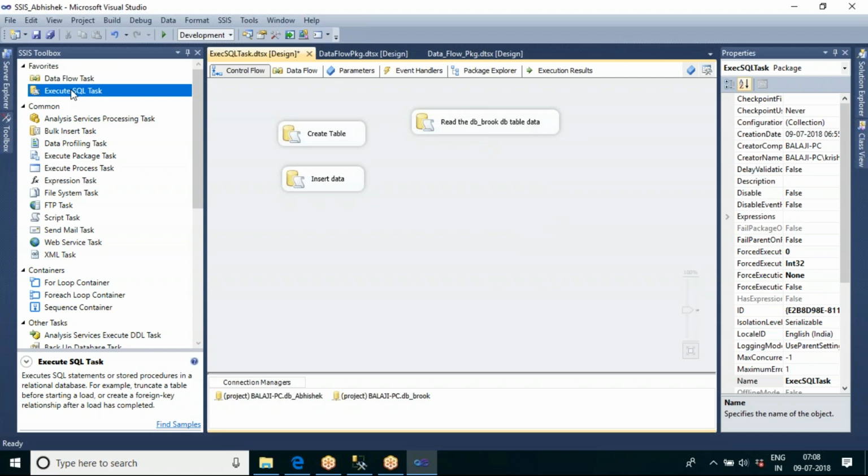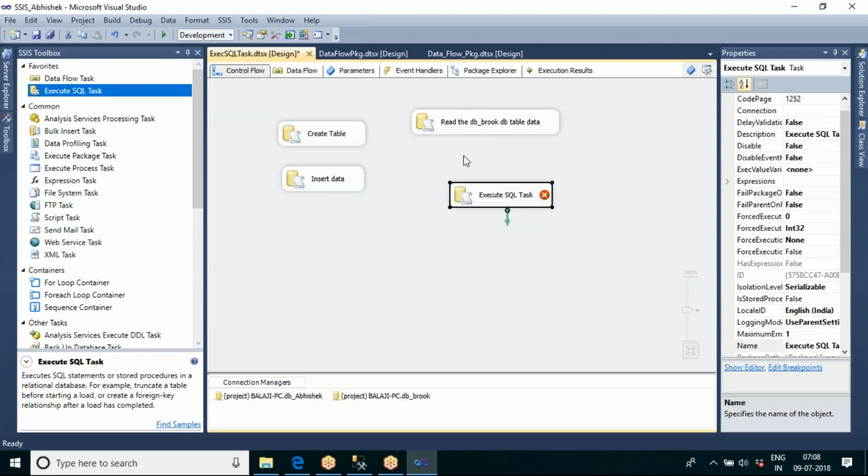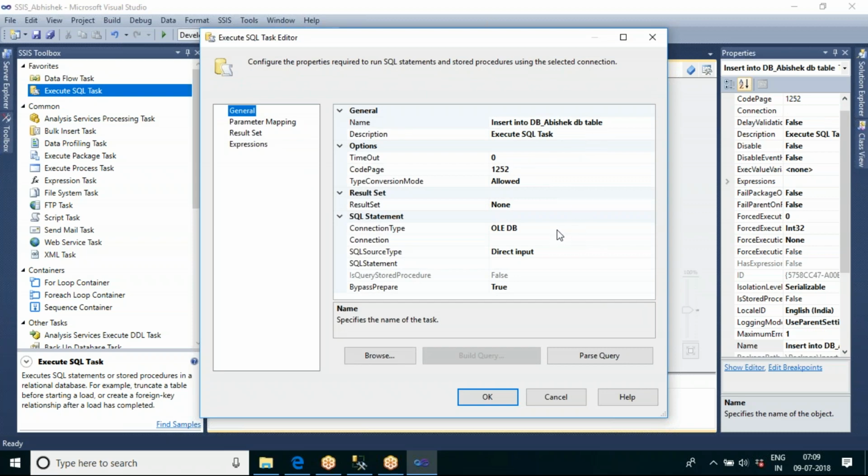Now what I want to do is, after reading it, insert this into the db Abhishek database table. First of all, let us specify into which database you want to insert. db Abhishek, the connection is already there, I can reuse it.